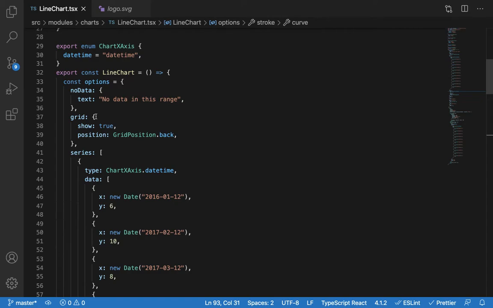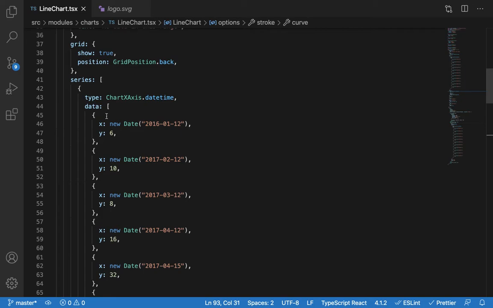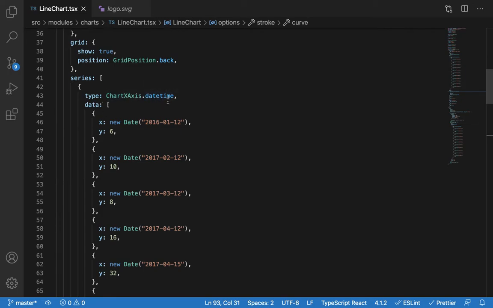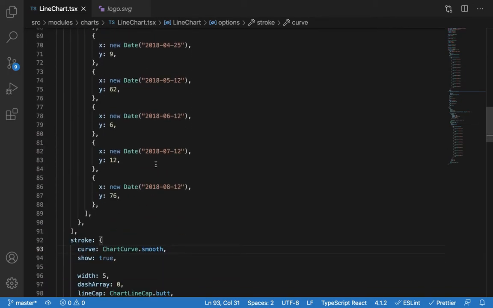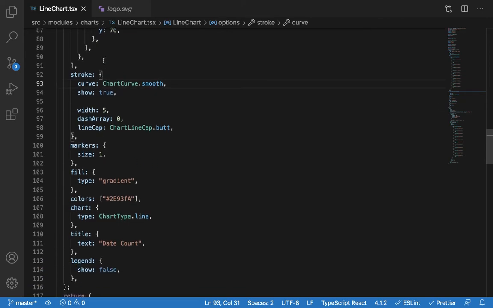There are a couple of options here, like noData, for the condition when there is no data on the x and y axis, so you can assign a text for that. And this is the series, so type is datetime and data is this. And stroke, this is for the line chart curve. Here the curve I'm using is smooth. You can change this to straight,